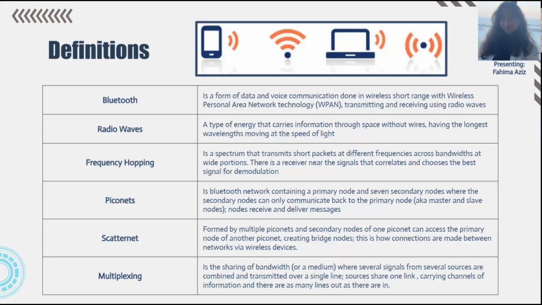Scatternets are formed by multiple piconets, and secondary nodes of one piconet can access the primary node of another piconet, creating bridge nodes. This is how connections are made between networks via wireless devices. And this leads us to multiplexing. Multiplexing is sharing of bandwidth or medium where several signals from several sources are combined and transmitted over a single line, where sources share one link carrying channels of information, and there are as many lines out as there are